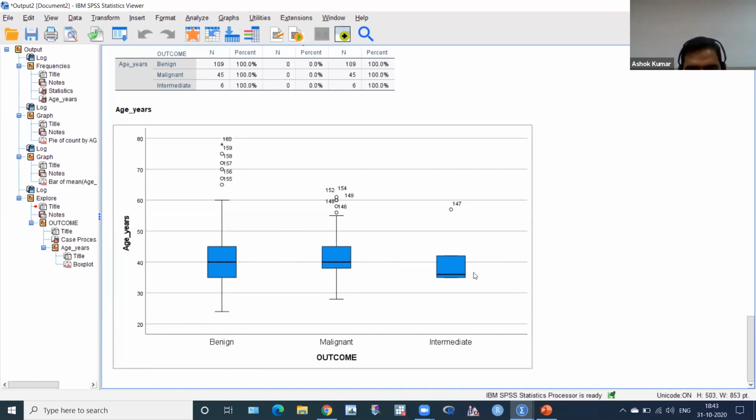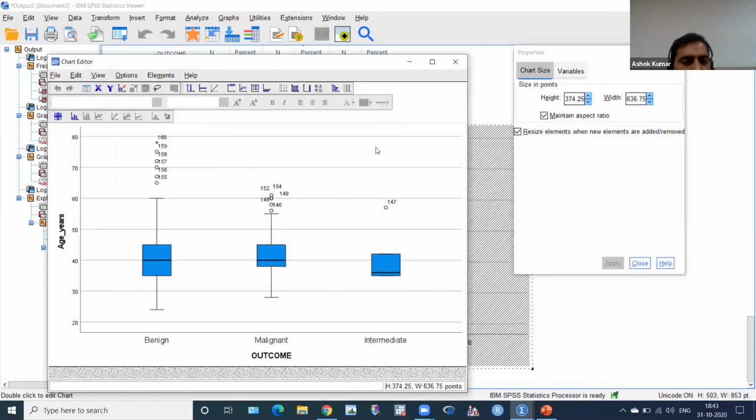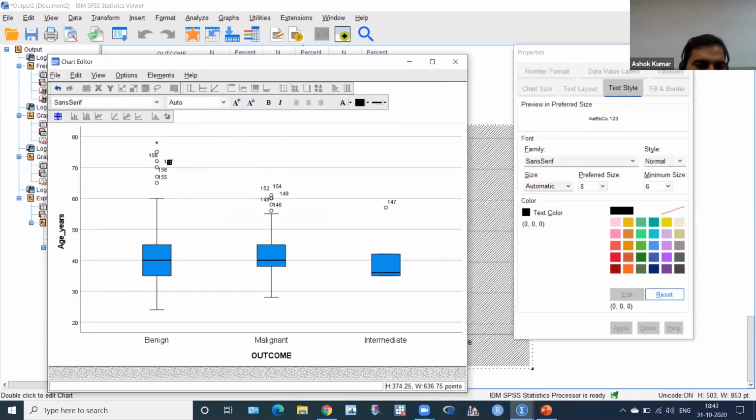And this is intermediate. If you want to change anything, double click and then you can change whatever you want. If you don't like these outliers, you have to remove these numbers using this gun, click here, and this will open, then you can remove. Click all these and this will remove automatically. So please practice on this, okay?